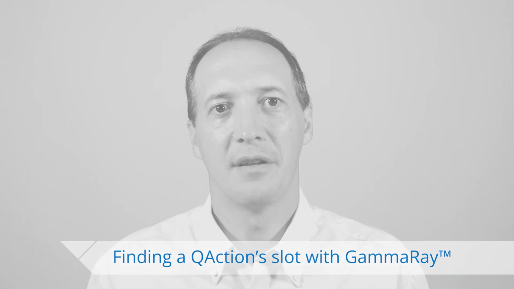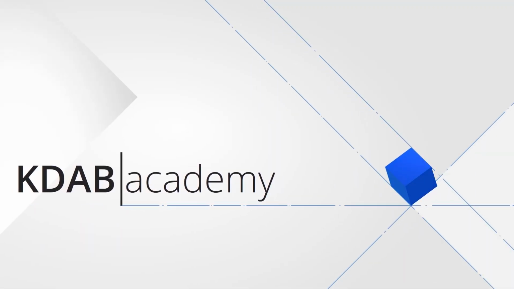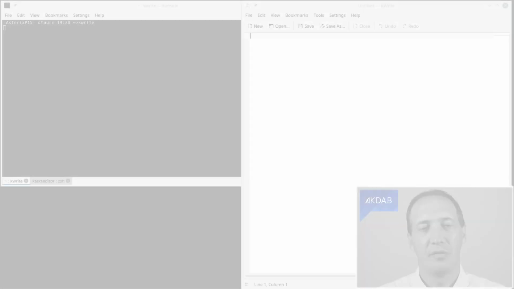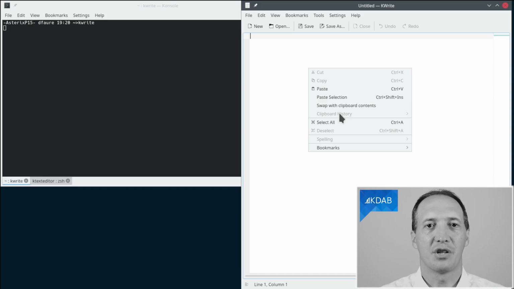In this video, you will learn how to find the slot that is connected to a Qt action. In the previous video, we saw how to find out where is the code that shows a Qt menu, but from there, we can't really find the code associated with an action because the menu paints all of the menu in one go. It's not like every action is a sub-widget, so we can't use the widgets module to find more about this.